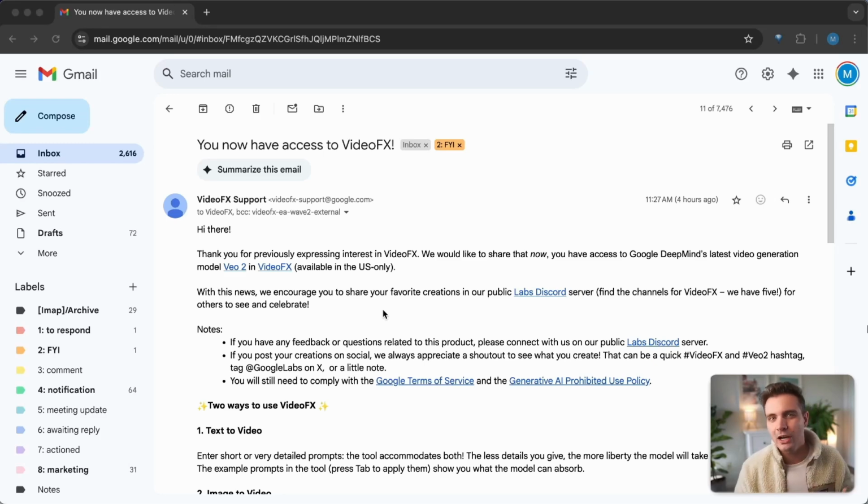Quick note here, it helps to show that you're going to help the Google DeepMind AI team in order to improve their product rather than just taking full advantage of it. So that's why I selected to turn on the marketing emails as well as wanting to participate in research things. I've also heard that adding your non-Gmail address might also be beneficial, but I do not have data to back that up. After a few minutes to a few hours, maybe a few days or weeks, you will get this